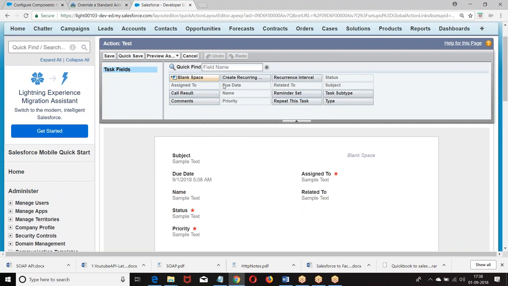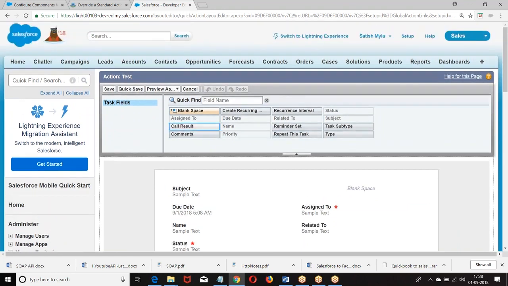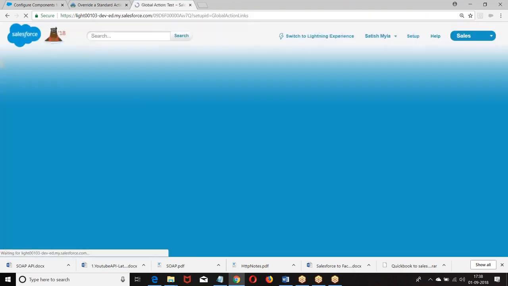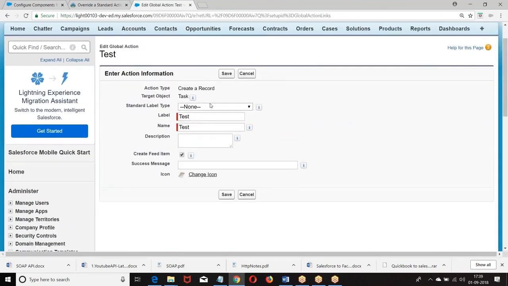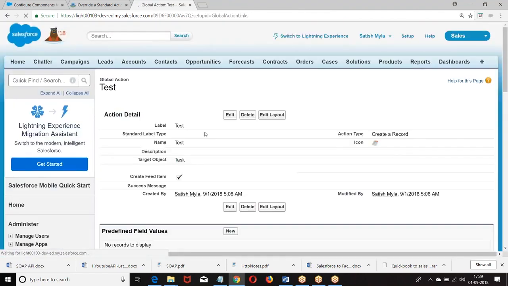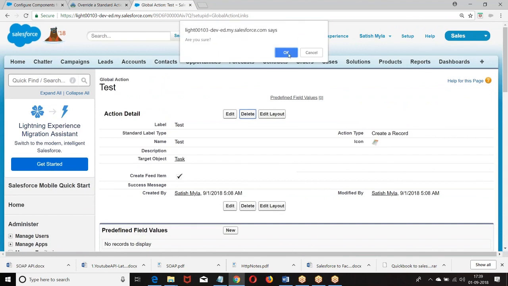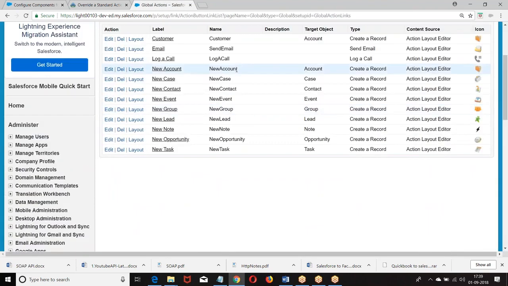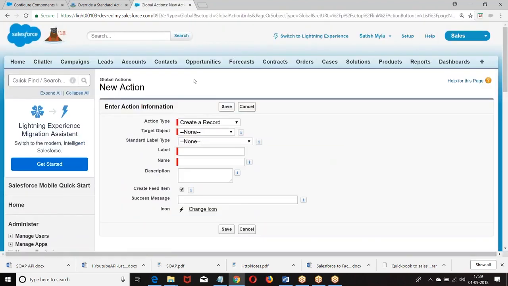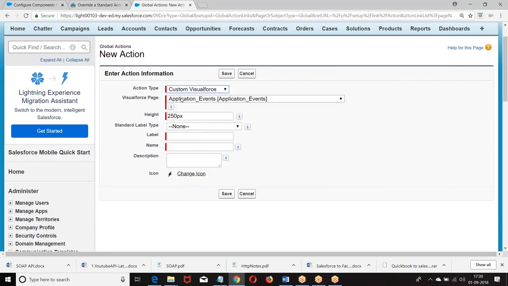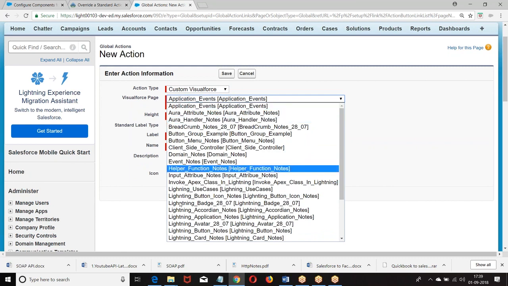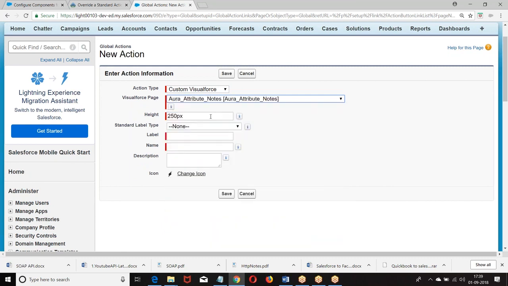Now, add the fields, whichever fields you want. So, creating a global action. Here, instead of choosing creation of a record, I can choose a VF page. When you click on this, I can choose a VF page. How? New action. What do we have? Customization. Choose the object which you want.